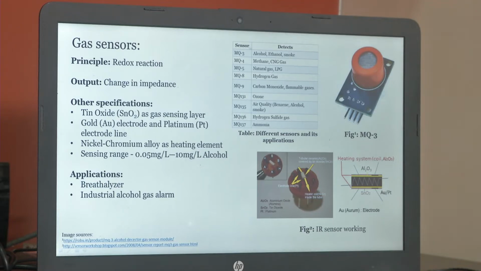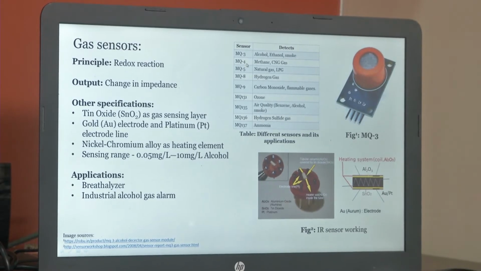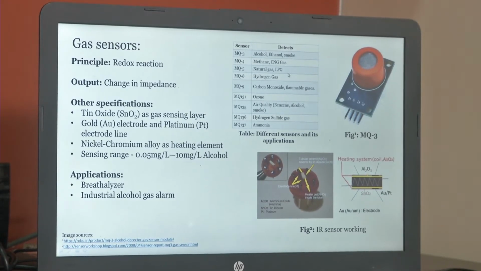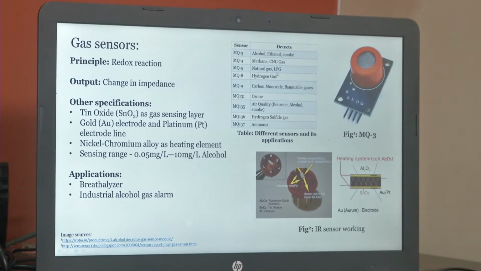Okay, and you can see here the other sensors in this series. MQ3 is for alcohol, ethanol, smoke, while for detecting methane and CNG we use MQ4. With MQ5 we can detect natural gas, LPG, etc. So why can it detect multiple ones?